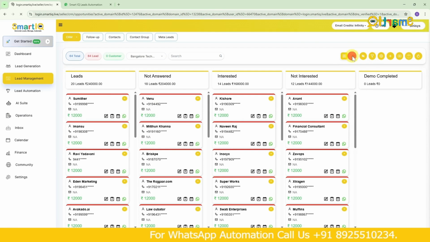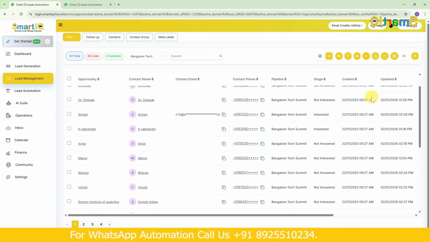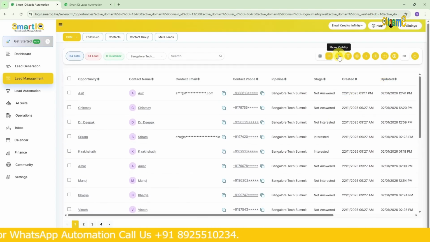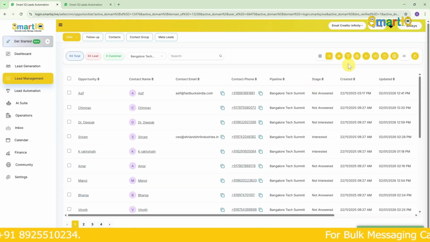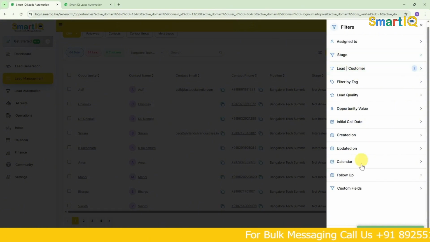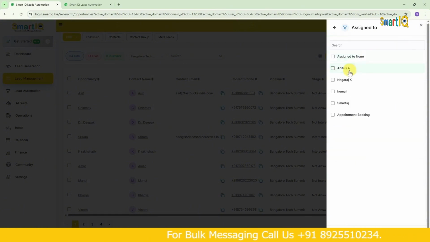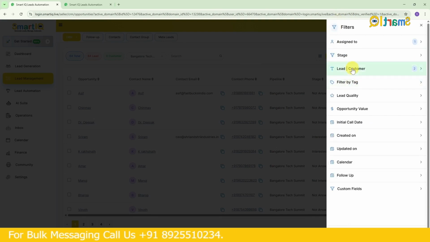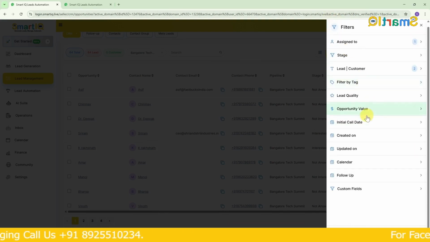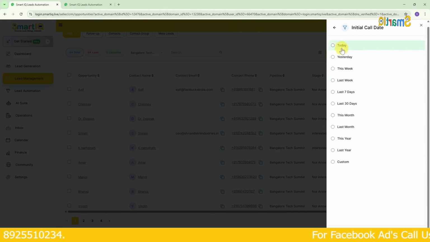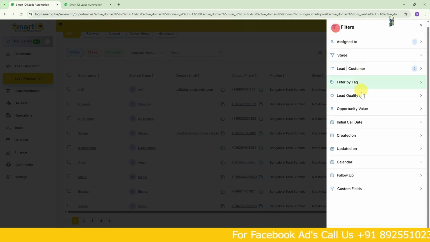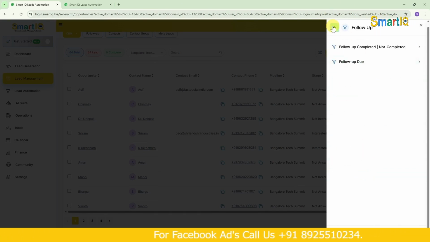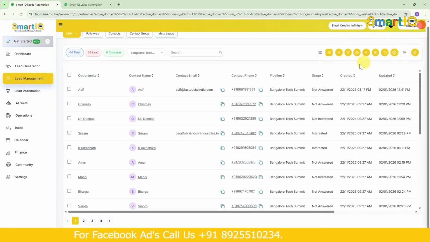So like this, it's available in the grid view. If you want it in the list view, we can switch to the contacts list view and check it out, okay? Next, what we need to see is how the phone visibility will be. This is one option. So with the next filter, we can filter and pick out everything. For example, now I can filter and see only the ones assigned to Hema, or I can filter and see only leads or customers. Or we can filter based on initial call date. Maybe it's today, maybe we called yesterday. Depending on that, we can filter and see who all have follow-ups. So we can filter and view customers separately as well.